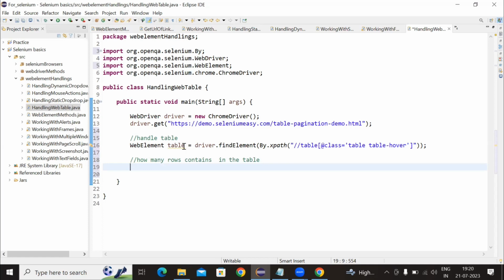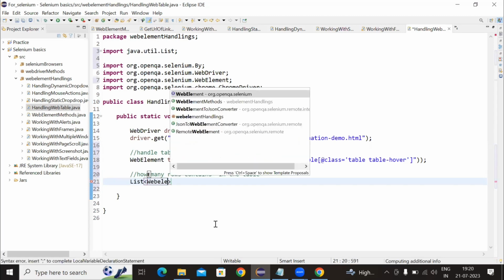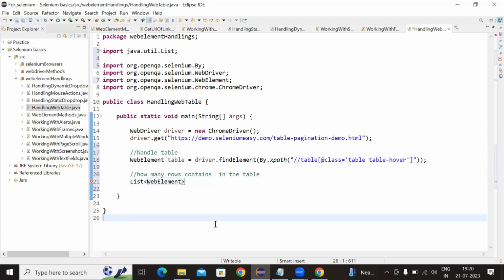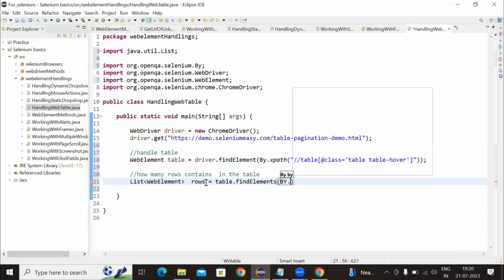First I handle the table. My question is how many rows are contained inside the table. For how many, I can use WebElement or list of web elements. Yes, I can use a list of web elements. List of WebElement rows equals table dot findElements by dot